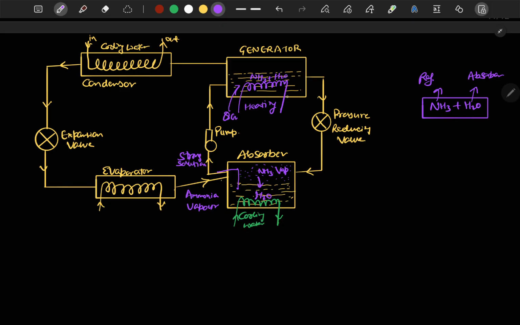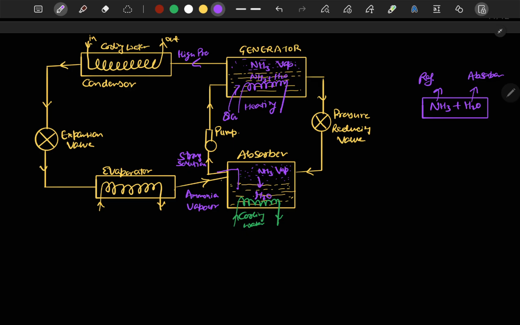Now in this strong solution, what will happen here is that ammonia vapor will be released from this point. NH3 vapor is released. At high temperature, ammonia solubility in water will be less, and hence the ammonia vapor will be released. Now this high pressure ammonia vapor,